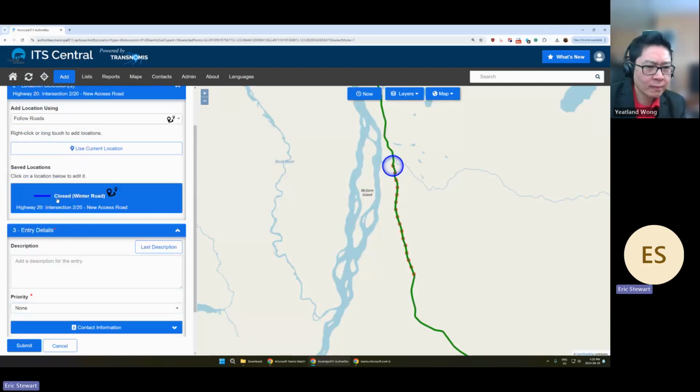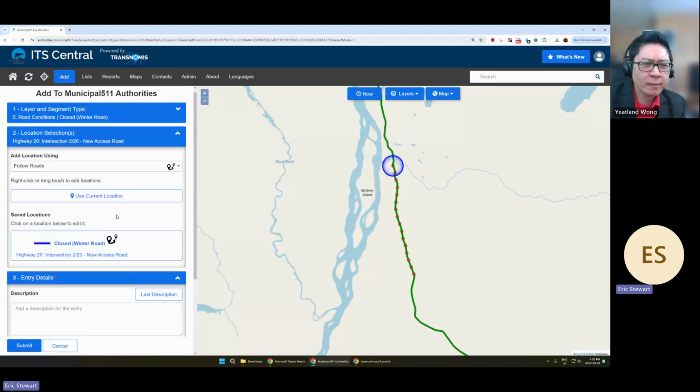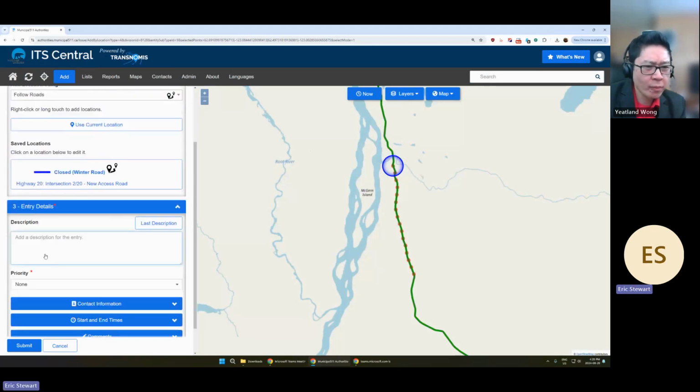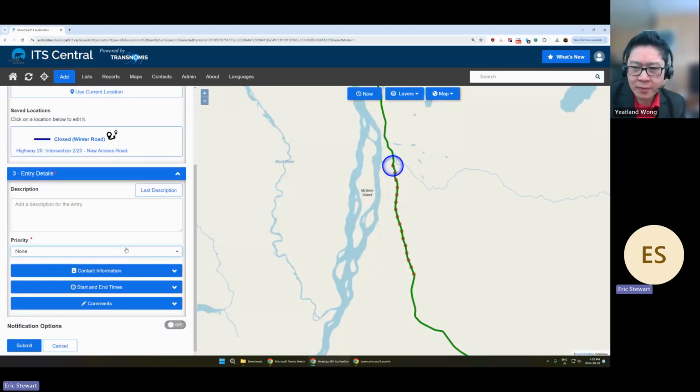And now we have closed winter road, Highway 20, intersection 2 and 20 to the new access road. Down here, I think we'll leave priority blank for the road condition segments in general. All this stuff doesn't need to be updated. And if you wanted to send a notification that there's a new road condition segment, you could do so. I think in most cases it would just appear for new users, and it would just be added to the system quietly. Click submit,